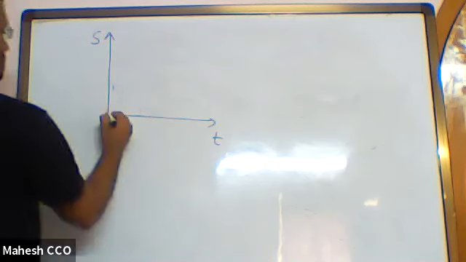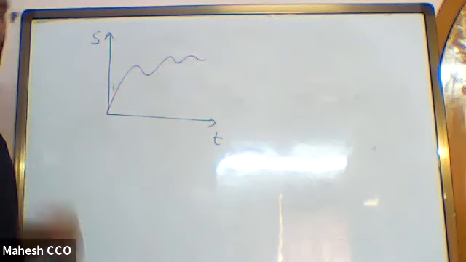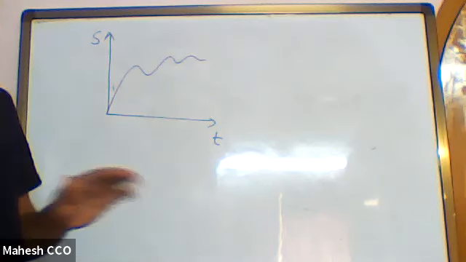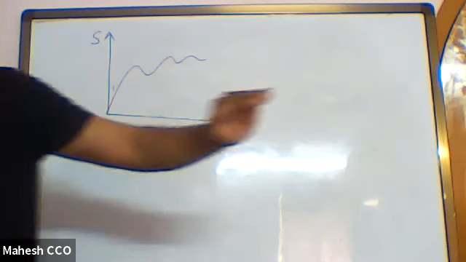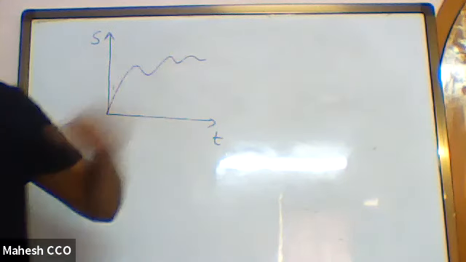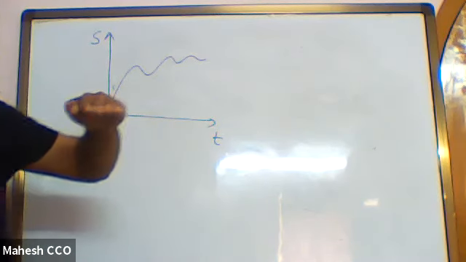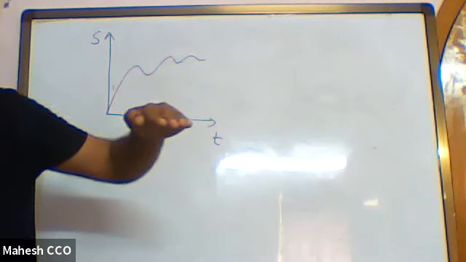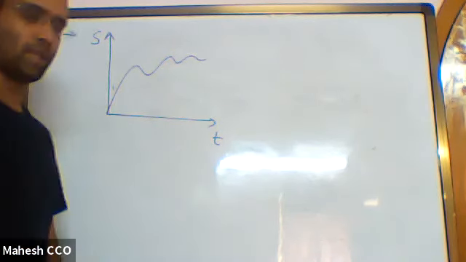So if you are given some displacement versus time graph like this, it means that the particle which is moving along a straight line has gone forward and then come a little backward, and again gone forward, came a little backward and again went forward. So it's not like it has gone like this. It has gone straight only, forward and then a little backward, again a little forward, a little backward, again forward, along a straight line only. That observation, whatever we have made over time, we are depicting on a graph.